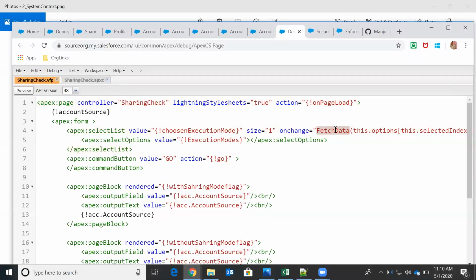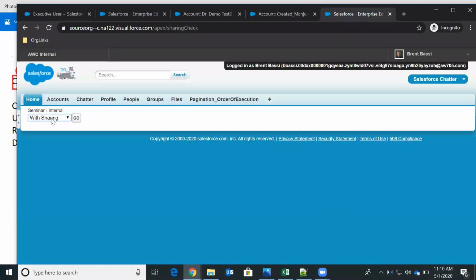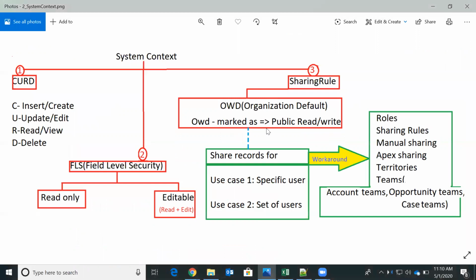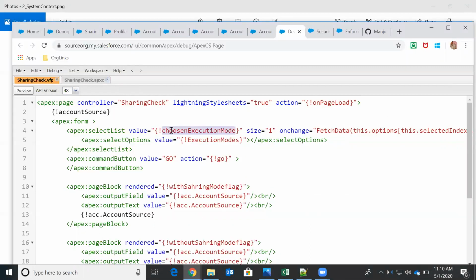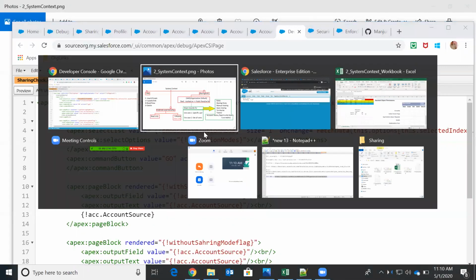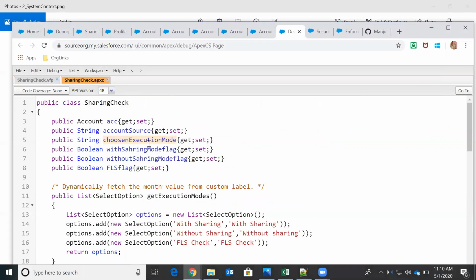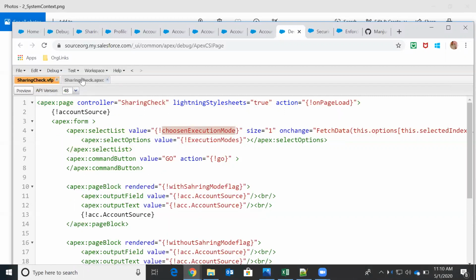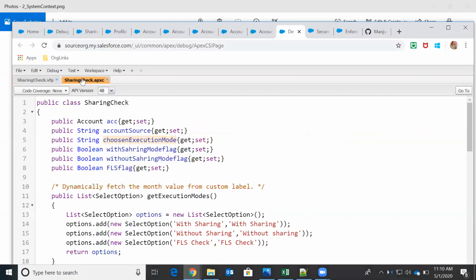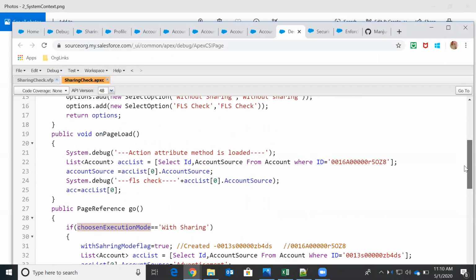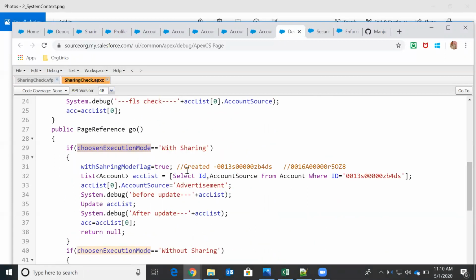Whatever value we change in the drop down will be auto populated into this field. This is a field at the Apex class level, so into this field it will populate. Okay, now let's assume I have clicked the go button with sharing.